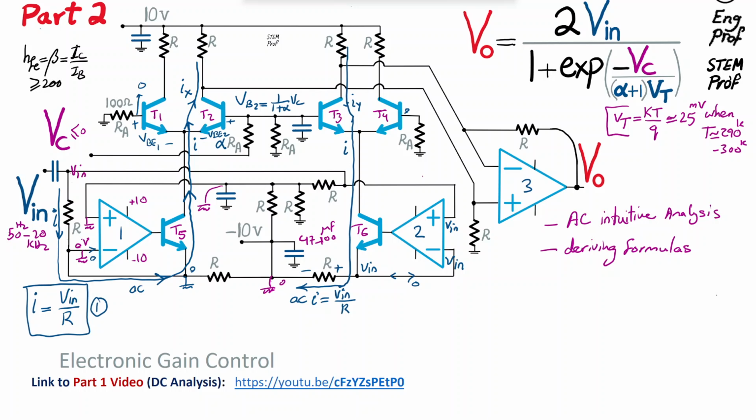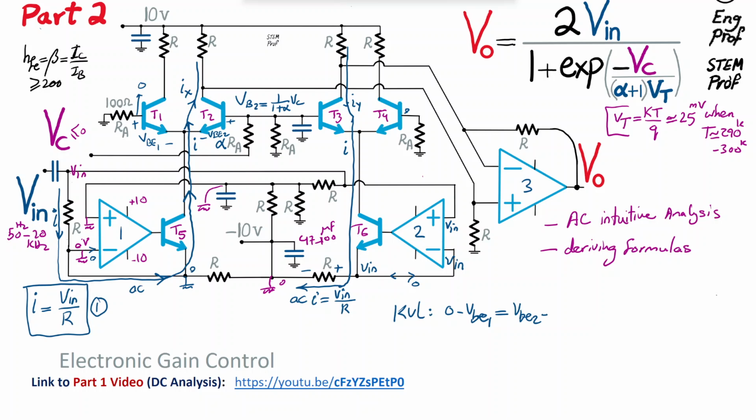So what I can say, effectively like a KVL or Kirchhoff voltage law, is that if I start from 0 at the base of T1, and if I subtract the VBE1, I should get to the same voltage, which is the common emitter, as starting from the base of T2,